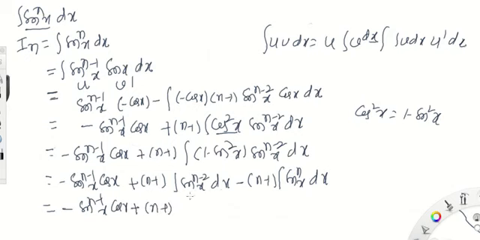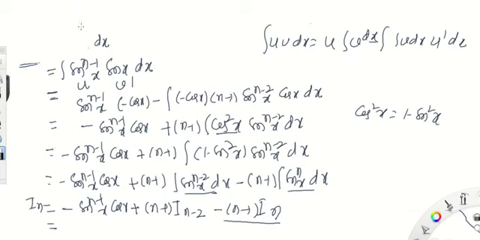plus n minus 1 into the integral of sine to the power of n minus 2 x dx, which can also be written with this notation, I n. We can write it as I n minus 2 minus n minus 1 of, what is sine power n x? We are representing it by I n. You can continue like this. Observe the result. The right hand side is also I n, and the left hand side is also I n. You can transfer this term from the right hand side to the left hand side.